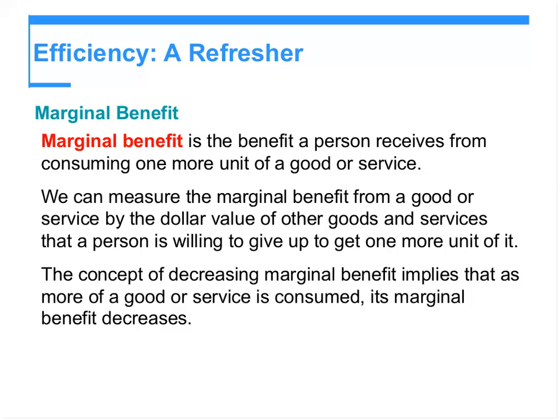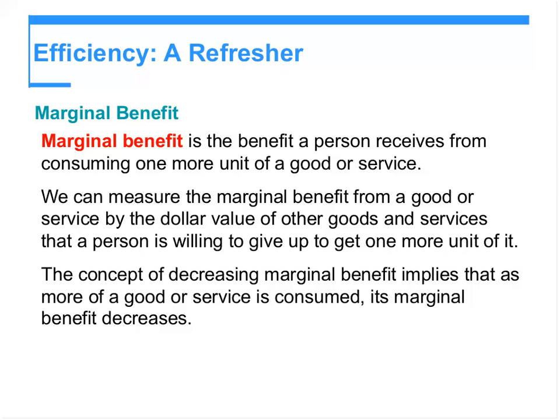So we can look at that from 2 points of view. First of all, how much you're paying for it. This is one of the basic ways of showing the marginal benefit. Or just imagine there is no money. If you have eggs and you want to get milk, how many more eggs are you willing to give up to gain another liter of milk? That will be the marginal benefit of milk for you. The more milk you get, the less the marginal benefit will be.